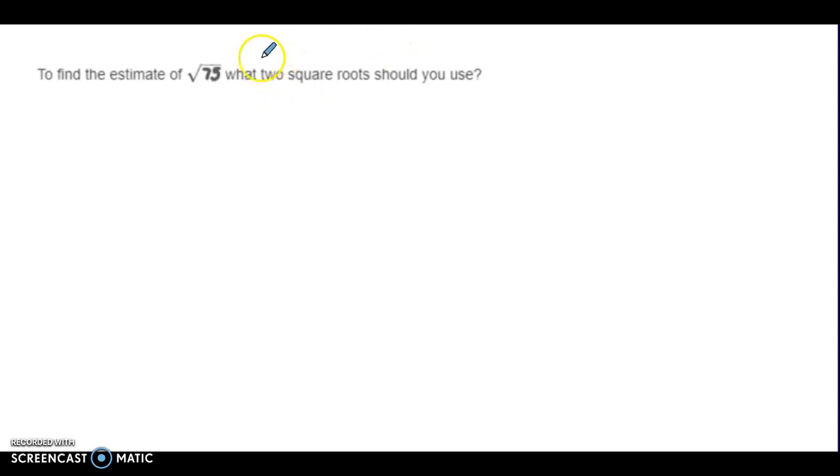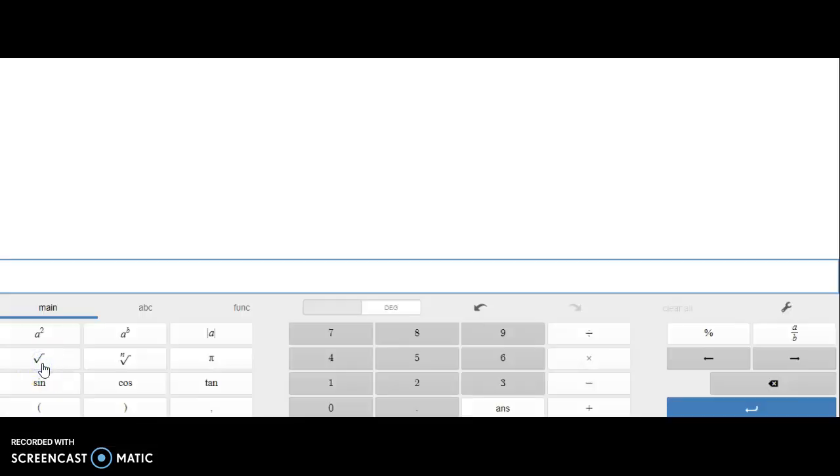To estimate the square root of 75, what two square roots should you use? Now, if you remember all of your perfect squares, you might already just immediately know that that's between 8 and 9. But if you don't automatically know, you're going to go to your calculator and type in the square root of 75. It's going to tell me 8.66602, whatever. So I know that the square root of 75 is between the numbers 8 and 9,